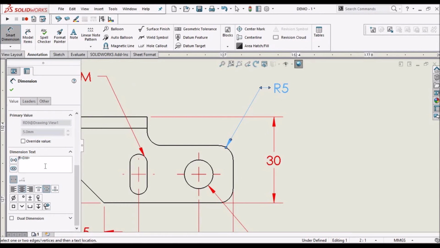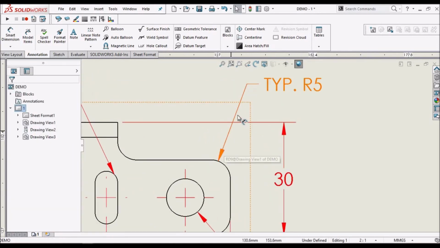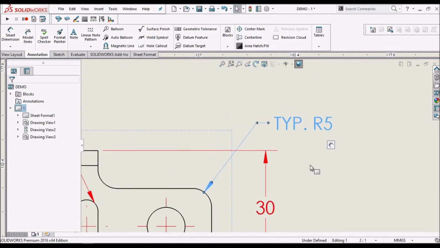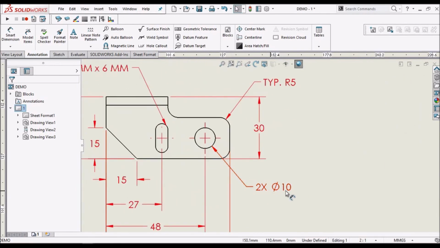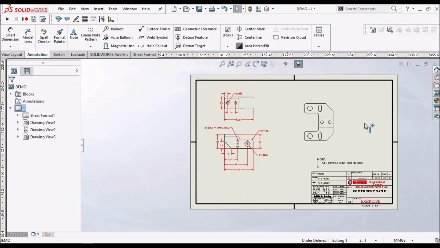So you can type typical. See, this arrow angle should be always 60 when it's placed top, or it is in 30 degrees when it's placed bottom side. So it should be always 60 or 30 degrees.